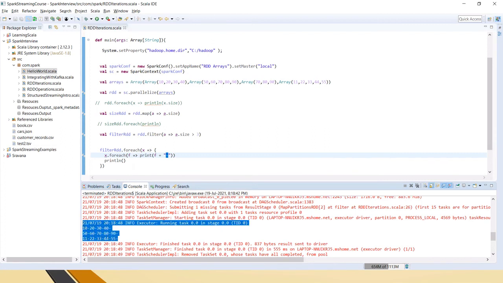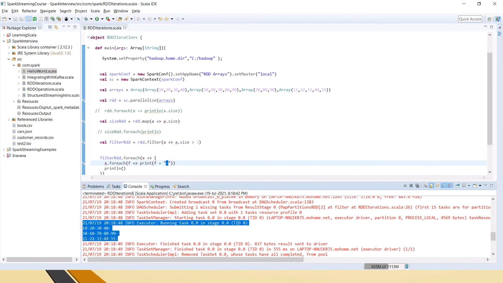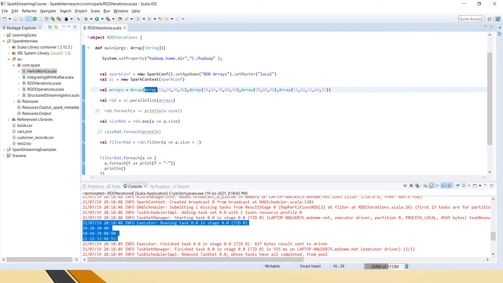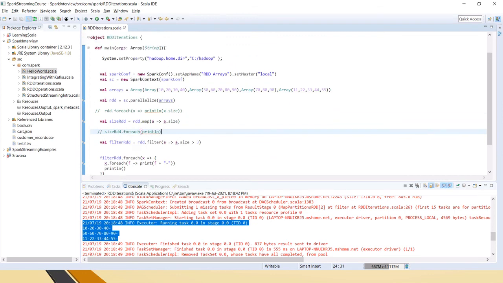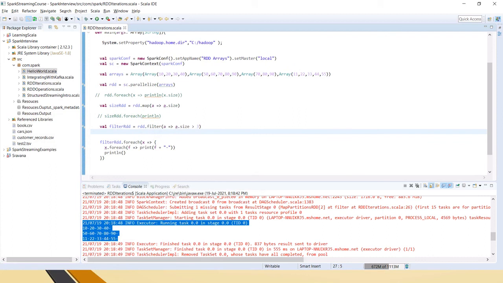So this is how we traverse through the arrays in the RDDs. Hope this is clear to you, friends. Most of the time we deal with arrays and get confused: once we create the RDD with the arrays, how to traverse them, how to get the size, how to filter them.